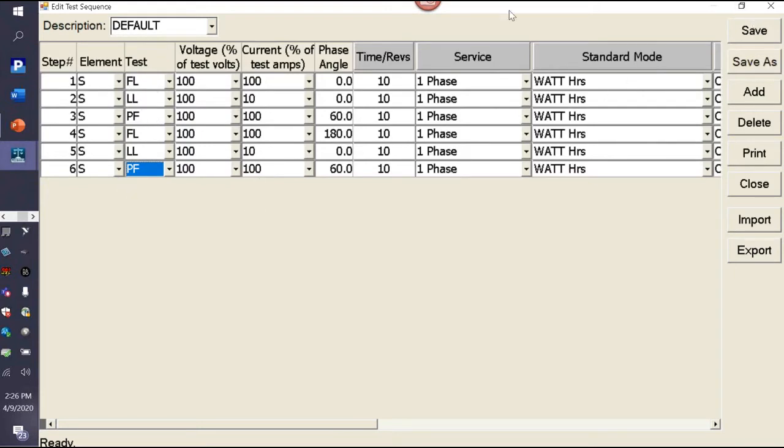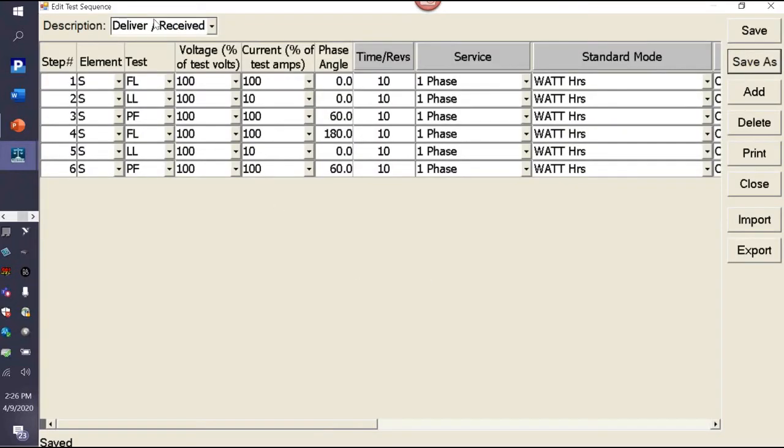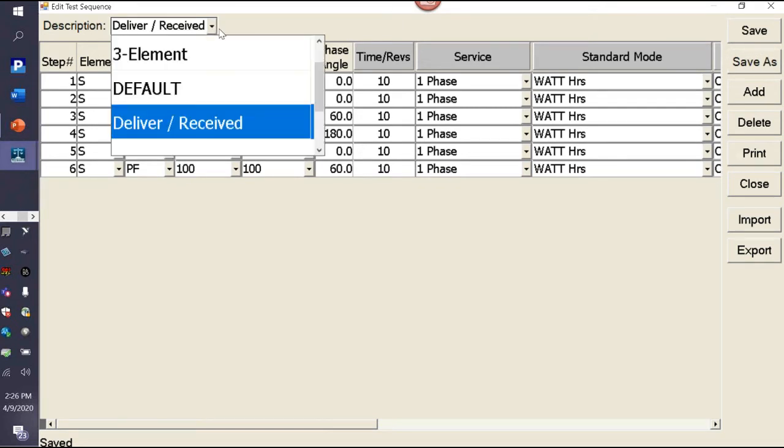Now we can either save it and it'll save over this default, or we can do a save as and do, let's say, deliver received. Say OK. Now we see our test sequence name has changed from default to deliver/received. If we go ahead then and click on this dropdown, we can see we have it selectable here, as well as our default here. If we go back to default,